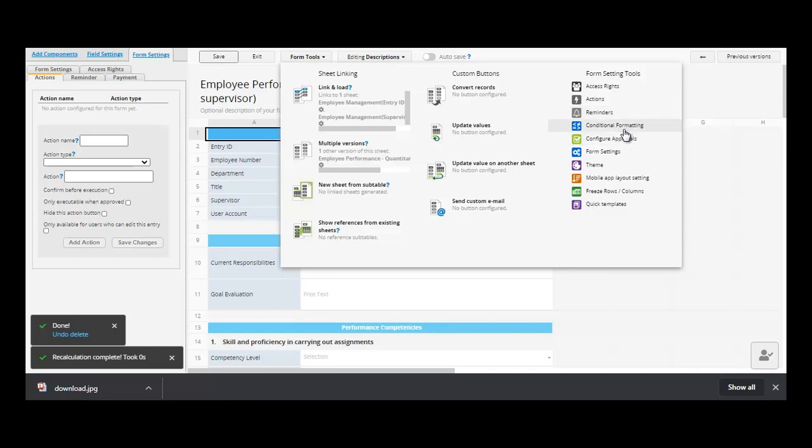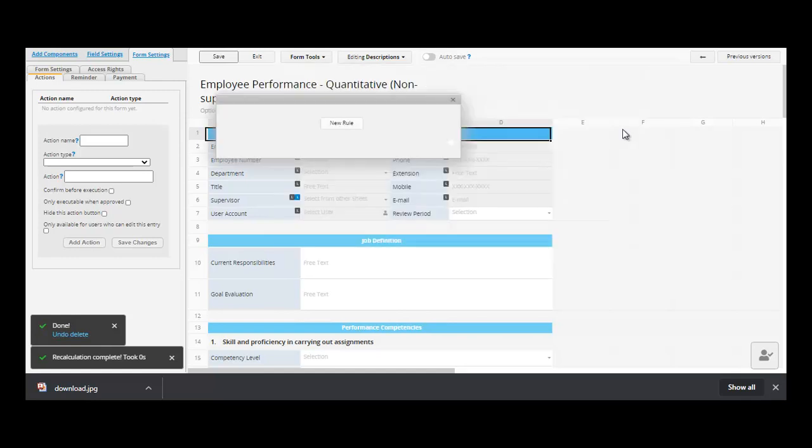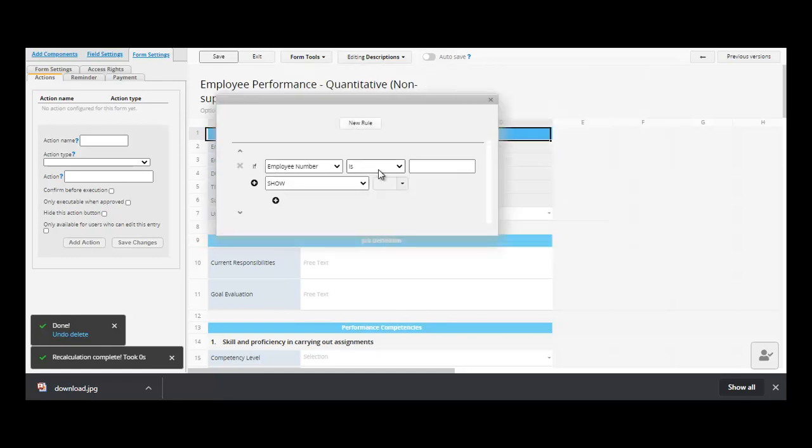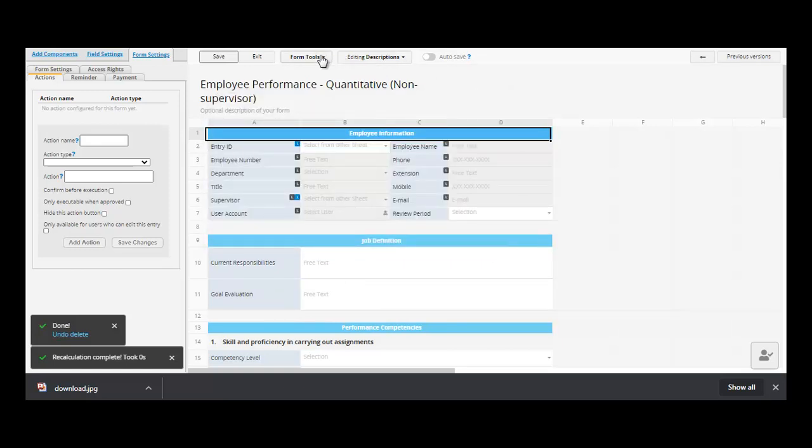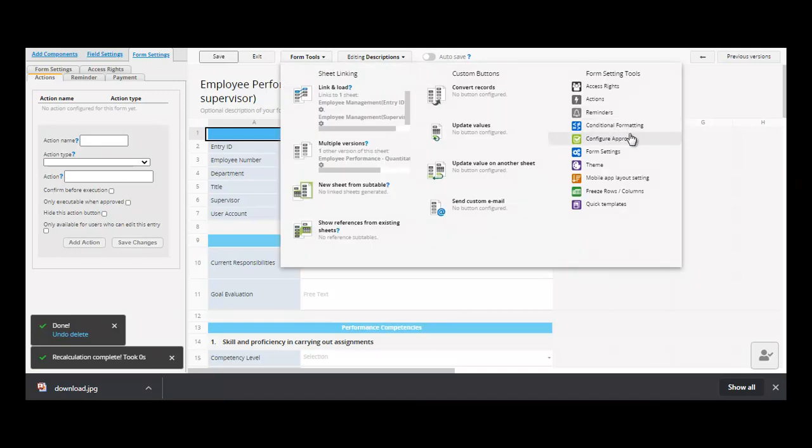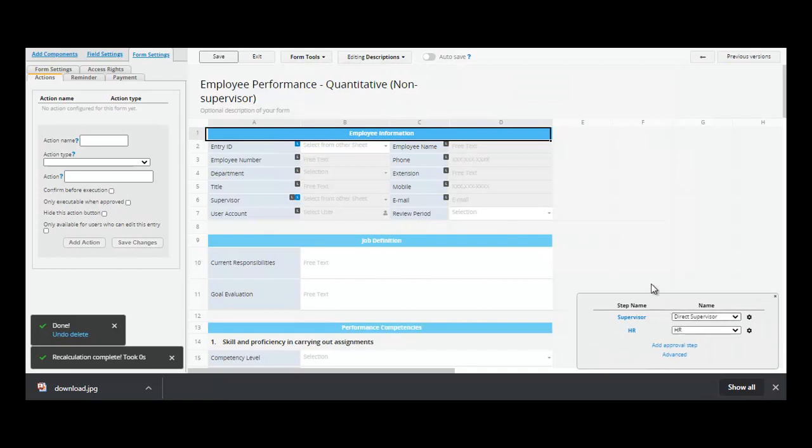Okay, for the conditional formatting, let's click add new rule. If you have knowledge of spreadsheets, formula computation, and programming languages using conditionals and other statements, you can use this module as well. Conditional formatting, you configure approval. This is where we put restrictions